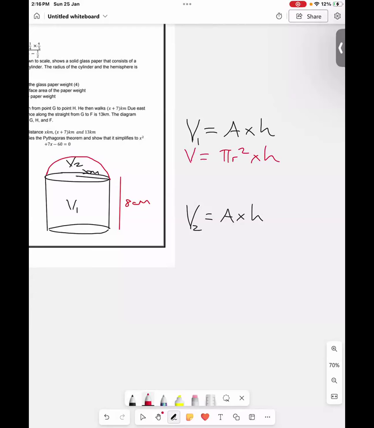Now, they didn't specify what we should use pi as. So pi is going to be 3.14. I can use the 3.142 if you want to. I like using the 3.142. So pi is going to be 3.142 multiplied by, they told us that the radius is 3, so that's 3 squared. And the height of the cylinder is going to be 8. So could somebody go ahead and process that calculation for me?